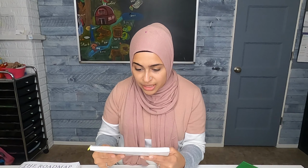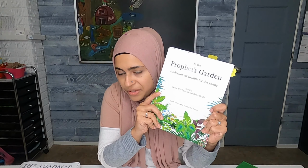Another resource I had is this one. This is called In the Prophet's Garden. And you may ask, how are you putting together Aesop's Fables and the Prophet's Garden Hadith? And that's because how I do that is that